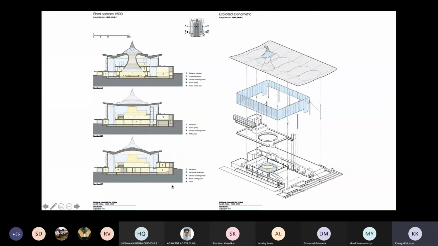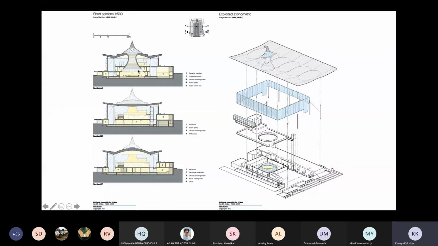building is designed, and this runs on mixed mode ventilation. There is a time of the year when it runs on the VAV system, which is the variable air volume system, and otherwise it runs on natural ventilation. So mixed mode ventilation becomes very efficient, because you can easily switch your buildings depending on the climate outside. Sensors have been placed, and the switchover happens automatically using the BMS system, and it conserves a lot of energy, because it only utilizes energy whenever it's required. Otherwise, it completely runs on passive design techniques.